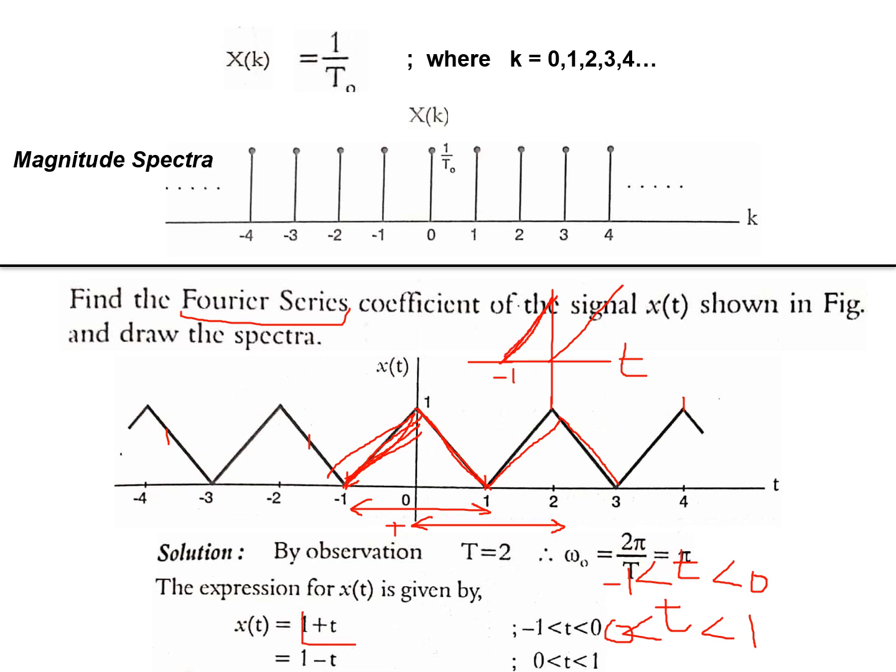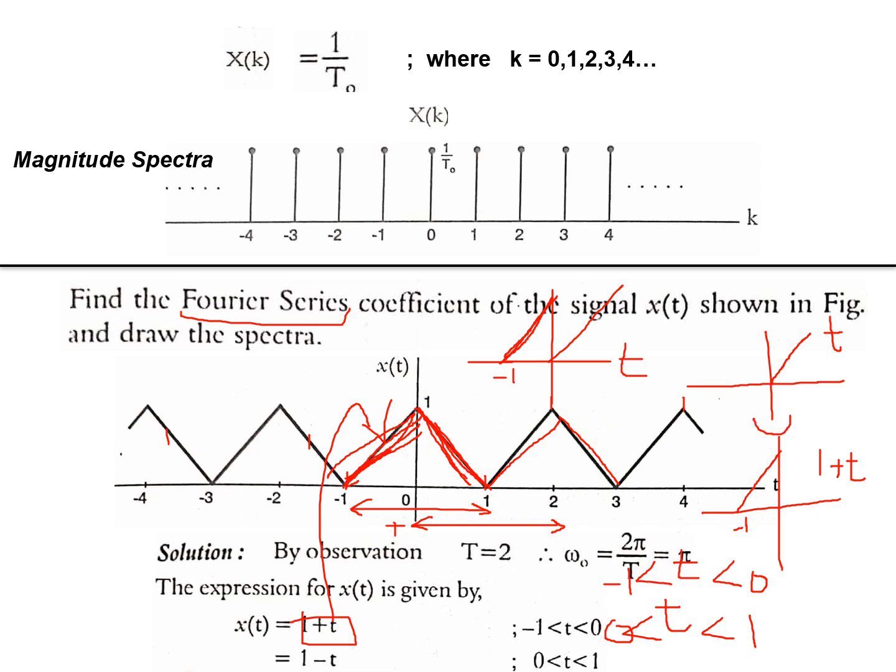So this equation is with respect to this rising ramp. Then this graph, falling ramp. How to get this falling ramp? Suppose you have the original ramp. You time advance the original ramp by 1 unit, so it becomes 1 + t. If this is -1, that is, this is t, this is 1 + t, which is the equation for this ramp. Now if I flip this signal, what happens?